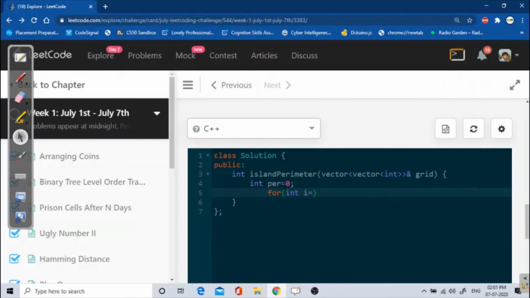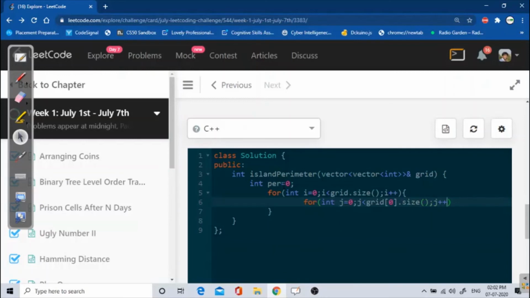So I will use 2 for loops for moving in row direction and column direction, and it will move till grid dot size, and i plus plus, and I will use another for loop to move in column direction, and I will use j, and grid of, I can use 0 or i here, so I will be using 0 here. There will be no difference in this case. Dot size